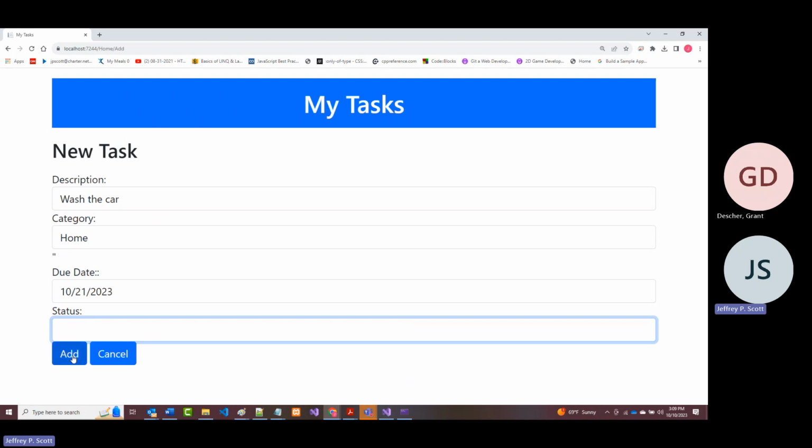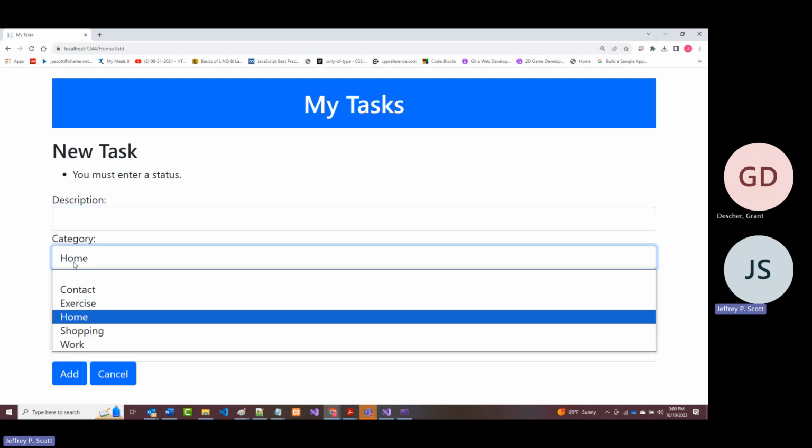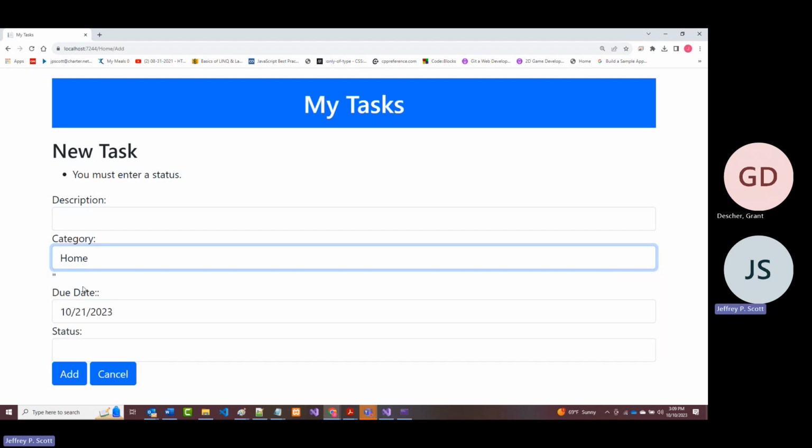I think if I add, I don't think it's going to work. Yeah, you must enter a status, but it's not giving me the drop down. Something's wrong in there. The good news is that's working. All right. In fact, let's see if I leave all of them empty. Well, I can't leave this one empty now, but